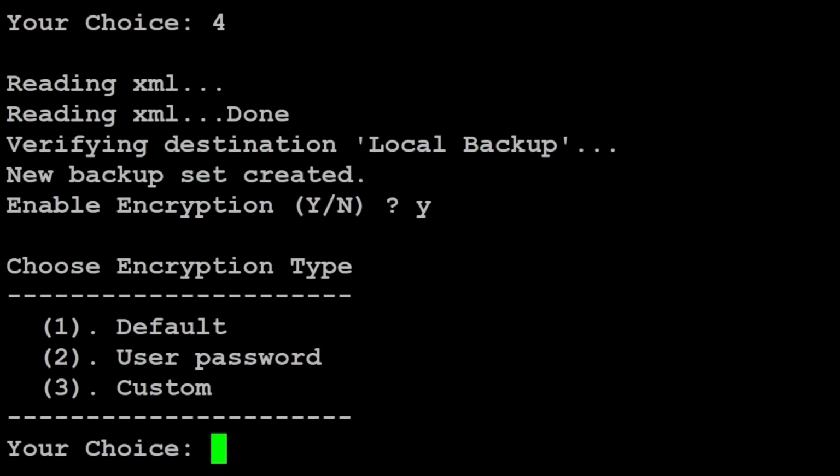Ahsay OBM will then give you 3 options for encryption. You can choose between default, user password, and custom. For our example, we will choose option 1 for default, and it will use Ahsay's AES 256-bit data encryption to generate a 44 alphanumeric character encryption key to encrypt your backup set. Remember, once you have selected the encryption settings, it cannot be changed afterwards. If you need to change the encryption settings, you will need to create a new backup set and back up